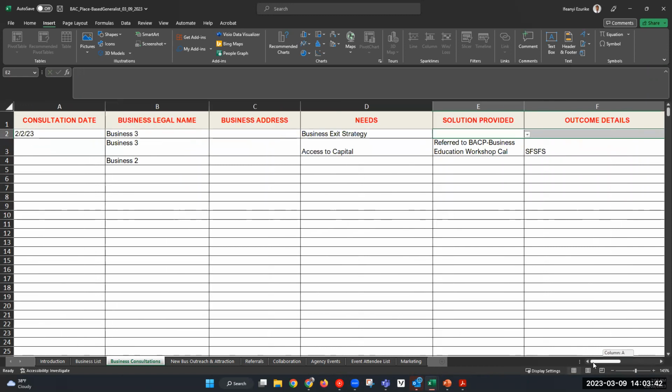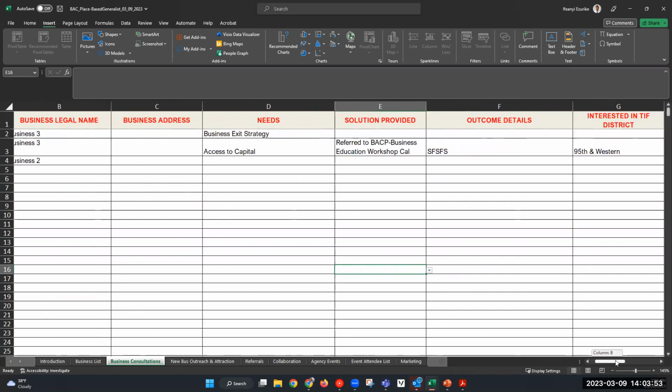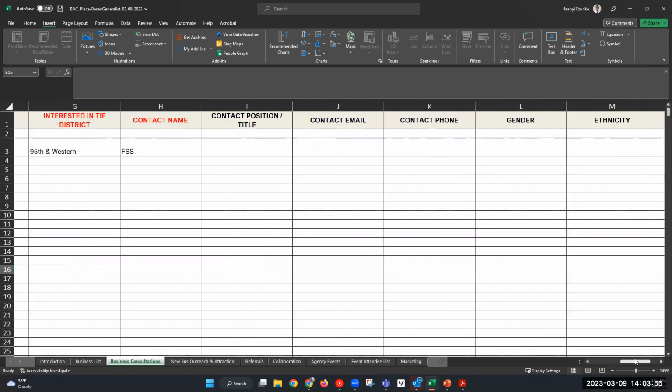Maybe, if I may, a point of note: you noticed the font color in some of the columns. The red font color indicates that those are mandatory fields that must be completed, versus the black font in some of the other columns.